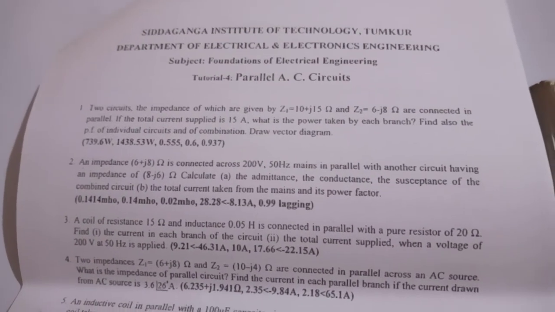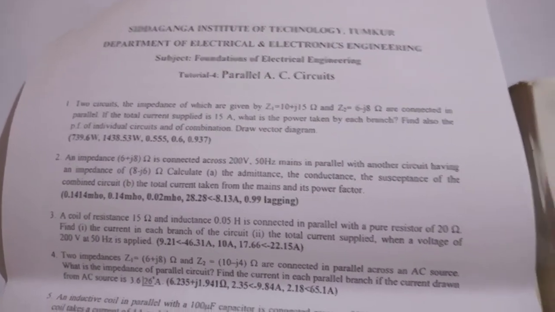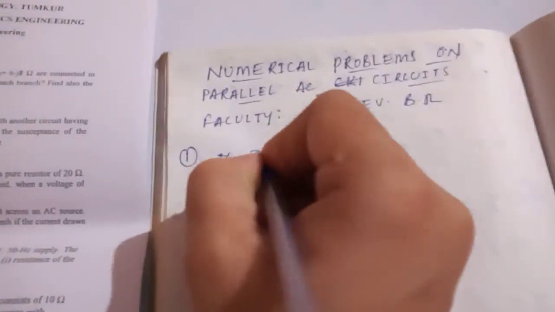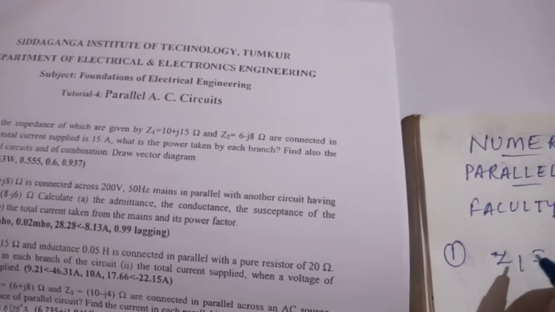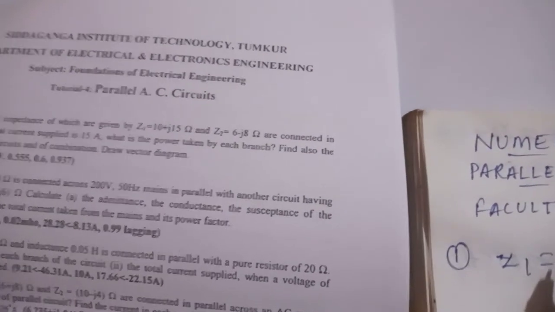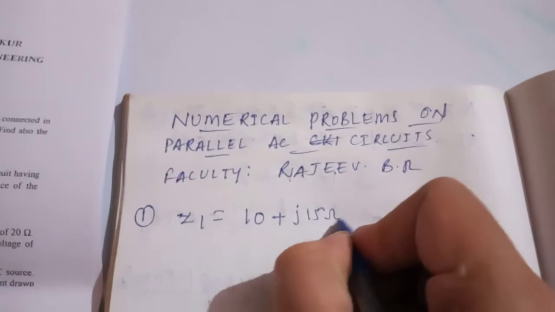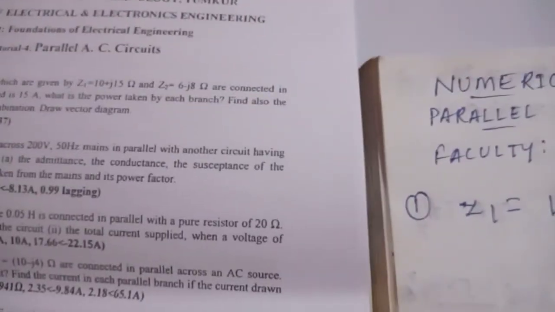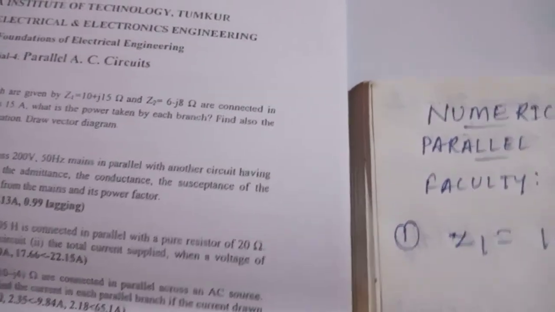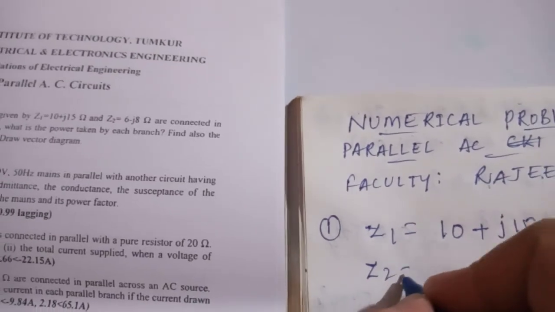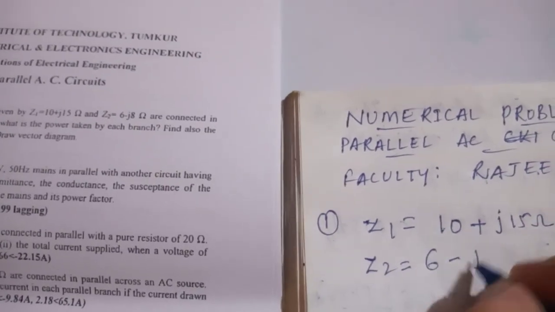Two circuits, the impedances of which are given by Z1 equal to 10 plus j15 ohm, and Z2 equal to 6 minus j8 ohm,